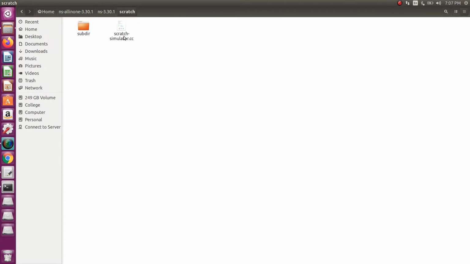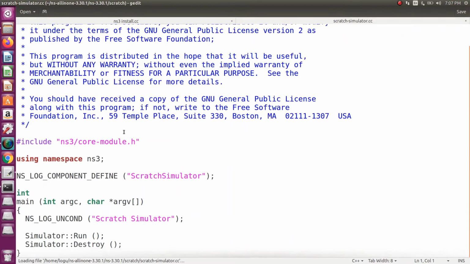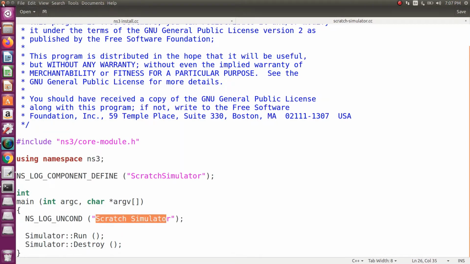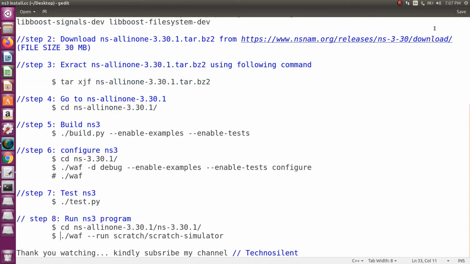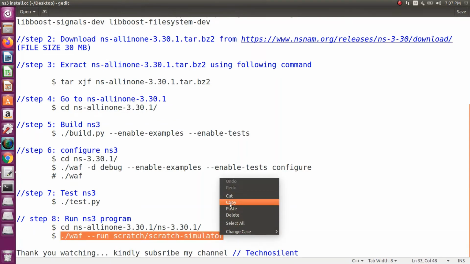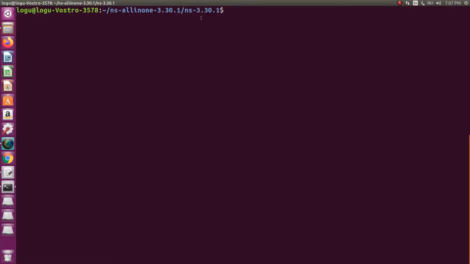Okay, so in the scratch folder, by default we have some simple code, scratch simulator code. So we want to run this basic code, then we will explain the remaining things. Okay, so first you copy, then paste it in your terminal window.